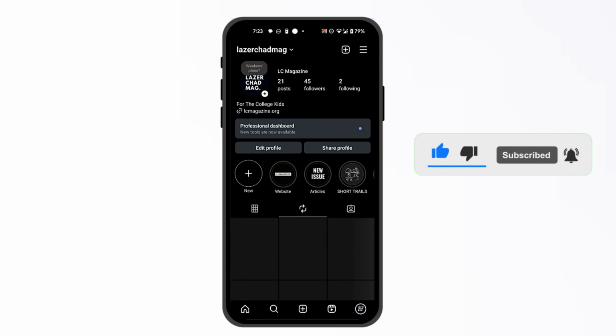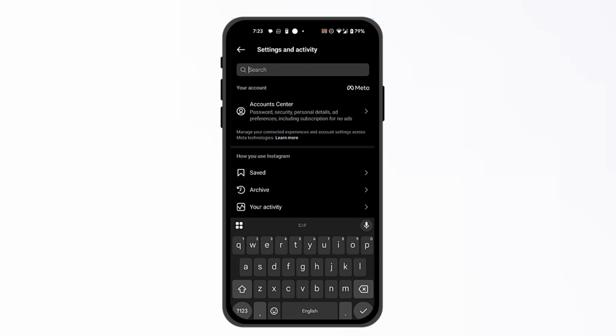To do so, all you have to do is go to your main homepage for the profile, which is going to be on the bottom right where you see your own icon. From here, once you go there, all you have to do is go to the top right section for the three dots, and then in the search box, you're going to search for deletion or activation, which is going to